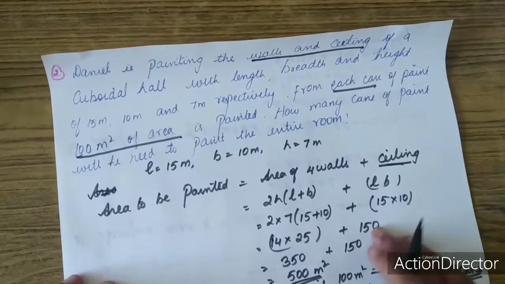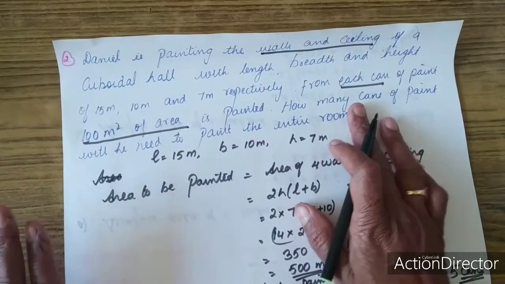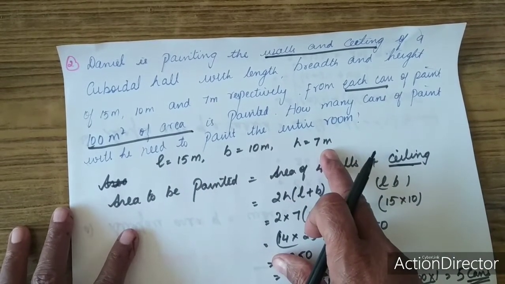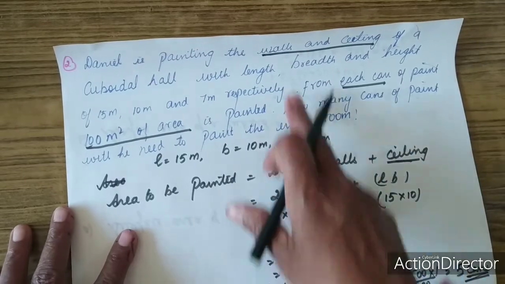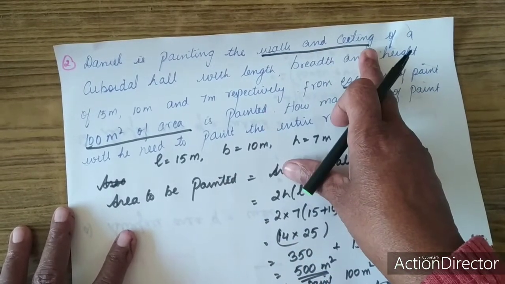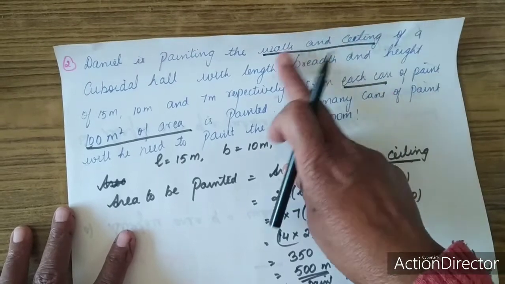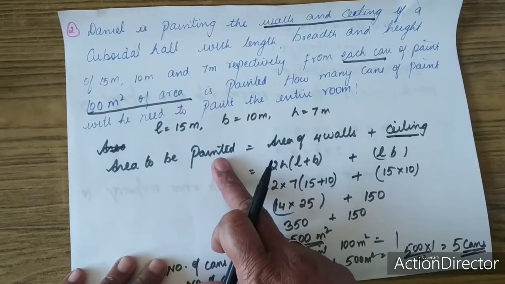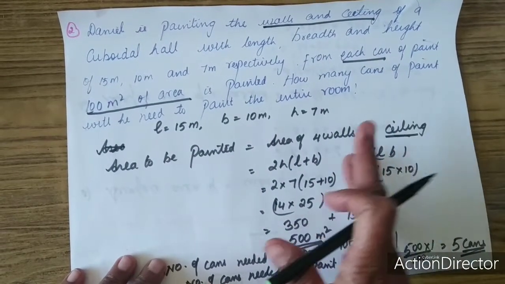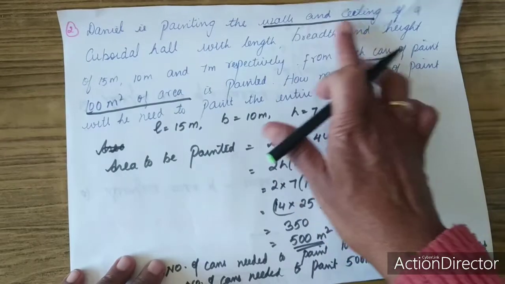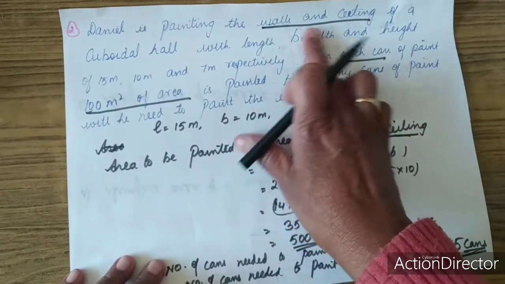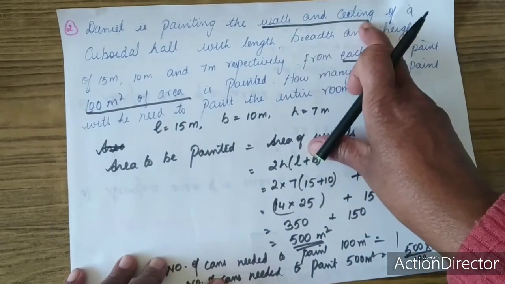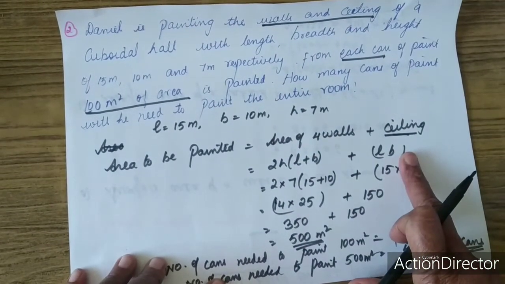First, always in a question in mensuration, you should understand that all units are the same. If the units are not the same, first you have to convert accordingly. Second thing, you have to observe which area is painted. Either the whole room is painted or only a particular portion is painted. Accordingly, you have to find the area. We should not always use total surface area or curved surface area. You have to understand which area is painted. Here the whole room is not painted because we generally don't paint the floor. So only the area of 4 walls and ceiling is painted.